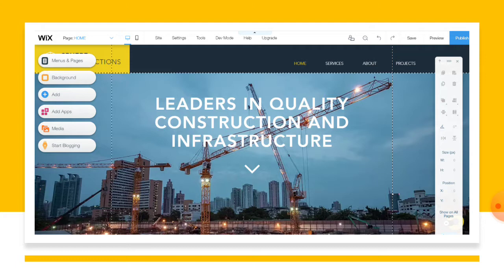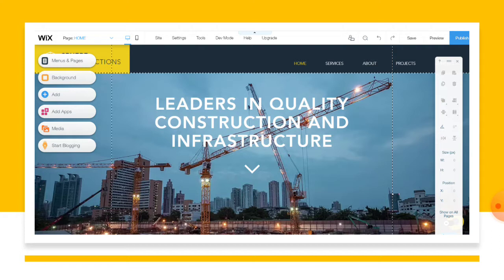And on your left side you can see background. That means if you want to change the background picture, you can change it. You can add background videos also. And if you want to add something extra, that means any extra features, as per additional requirements we can add your chat box, your contact list, your social media link, anything. If you want to add, click on that add option.